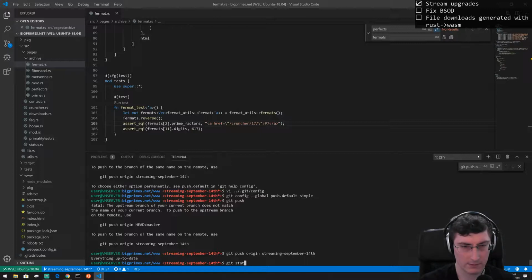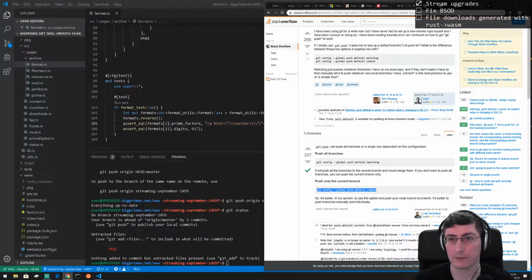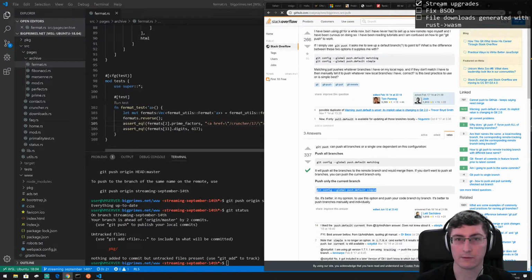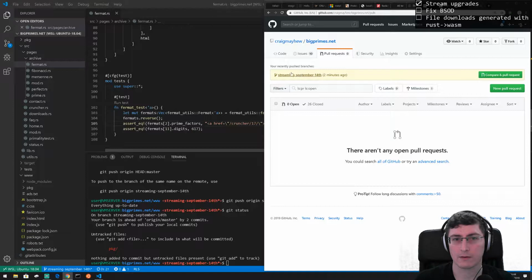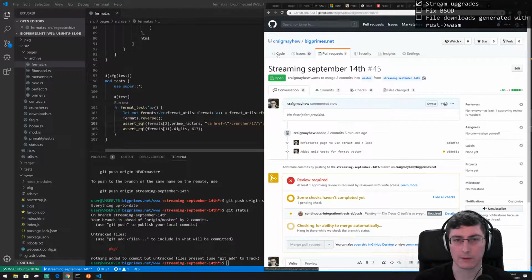Git status. What does it think the upstream branch is? Why are we committing to master? Oh, I really hope we haven't been committing to master. That would be frustrating. Not the end of the world, but it would be frustrating. Let's crack open a pull request. Sure, yeah, create a pull request. We can sort that out in a minute, but